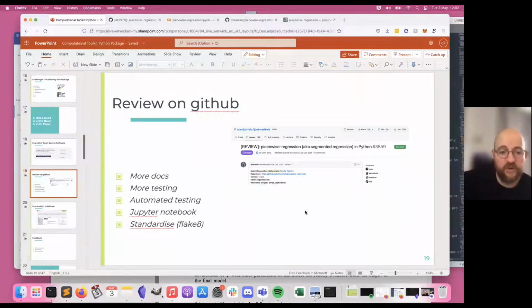They wanted the testing to be automated, and they wanted a lot of the code to be standardized to what we call Flake8, which is a certain standard way of writing Python code. Having a standardized way of writing it means that if anyone wants to contribute in the future, they can do so, and it's very familiar patterns for anyone who looks at the Python code. So, for example,